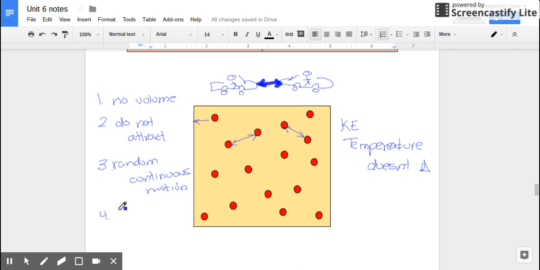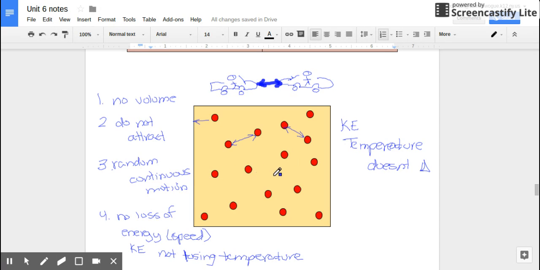So, number four, when they do collide with one another, they do not lose any speed. No loss of energy. Or we can say speed of the molecules because it's the kinetic energy that we're looking at. So if they're not losing kinetic energy, they're not losing temperature. Temperature. It's very hard to write with this thing. Temperature. Okay? So these are the four things we have to assume in order to have what we call a perfect